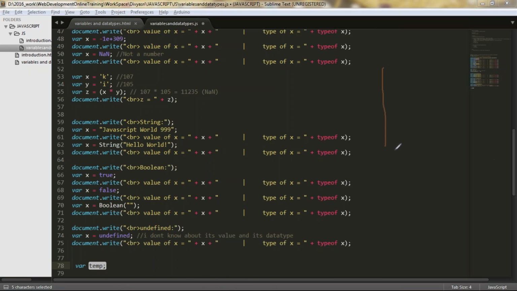This is the RAM memory, and I have taken a variable called temp. Assume this occupies 8 bytes of memory locations. In those 8 bytes, by default,